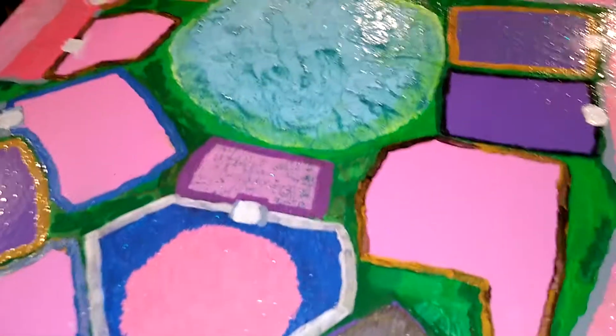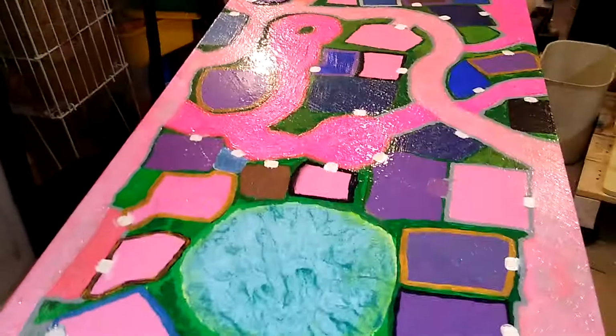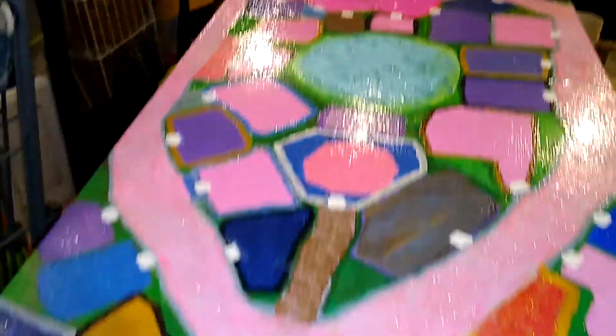Okay, I'm just trying to capture the essence of the gloss. Looks like I got it pretty good. What this has is a layer of the...